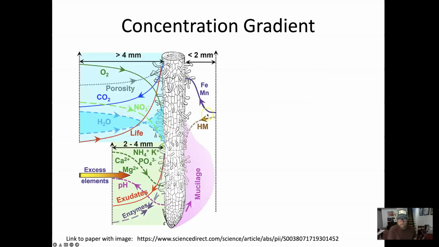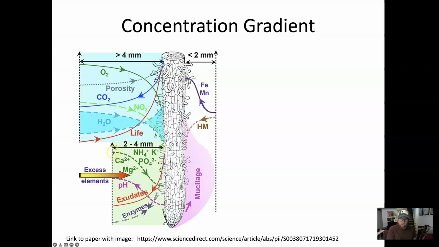In general, the way that these plants are taking up these nutrients is by this concentration gradient. So this figure has a lot going on. Let's just focus on this dotted green line right here. This is showing the concentration gradient of some different nutrients. And notice it's talking about what's going on between 2 and 4 millimeters away from the root system. So for nutrients, this would be the rhizosphere in this distance. And so what happens is, as plants are taking up nutrients, it draws the concentration of those nutrients down at the root surface, leaving the concentration of those nutrients higher in the bulk soil where they're adhered to